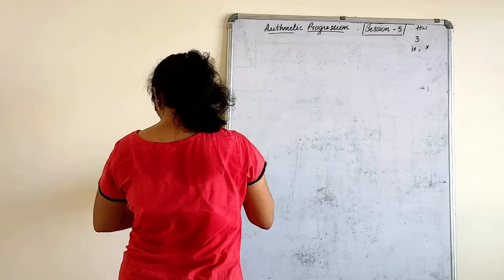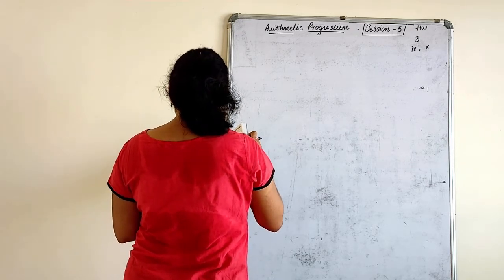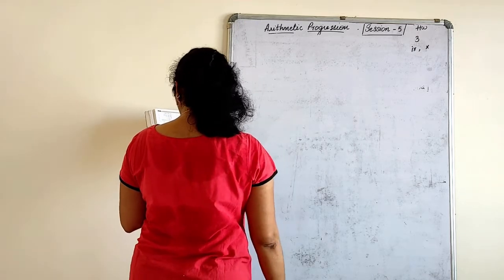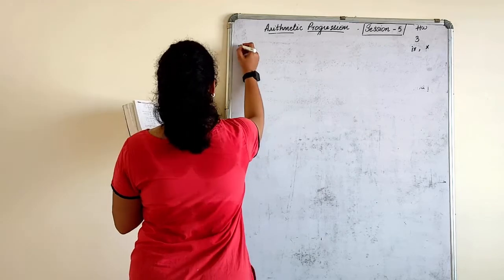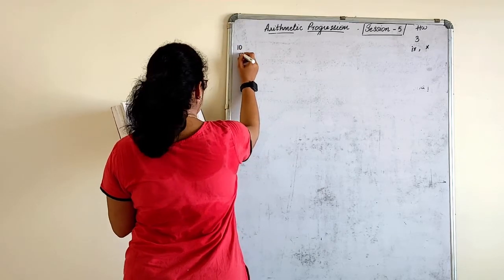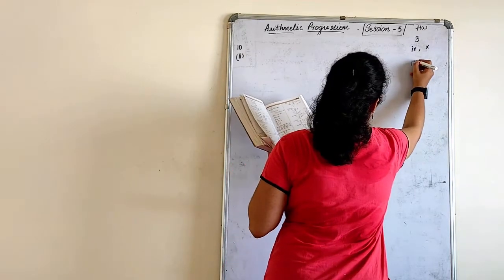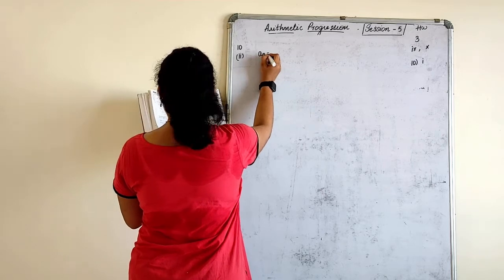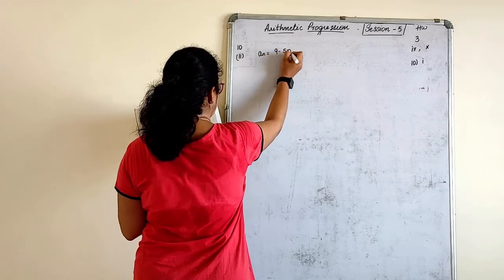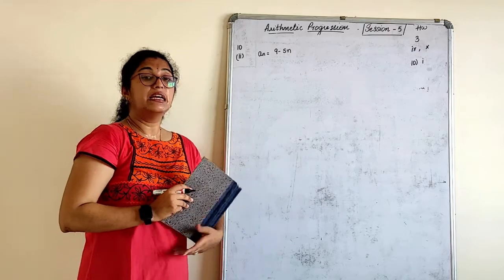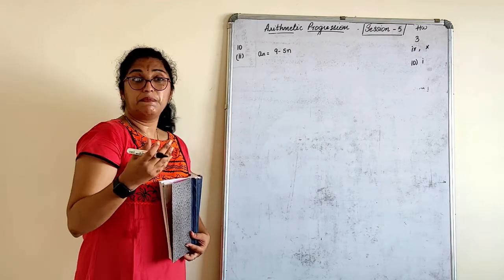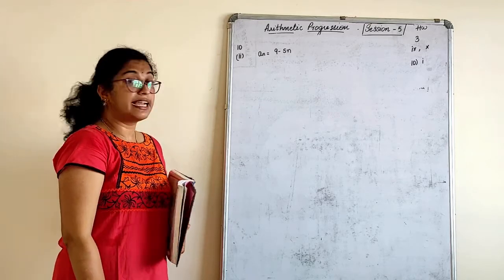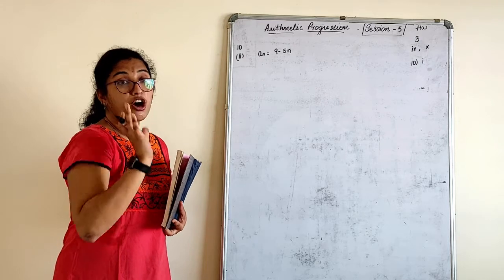Now the 10th one: show that a1, a2 till an form an AP where an is given as 9 minus 5n. Also find the sum of the first 15 terms in each case. So in the 10th, I will take up the second one, children; the first one I'll mark as homework. What is the condition given? An is 9 minus 5n. How did he get 9? How did he get 5n? It's a pre-existing condition where something might be the first term and something might be the common difference. That is why we got it here as 9 minus 5n, our form of an AP.